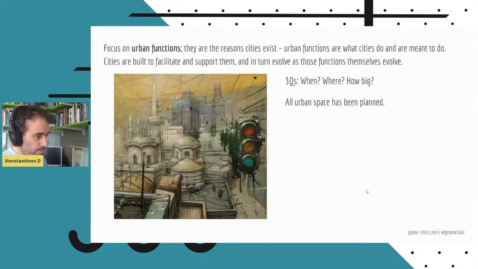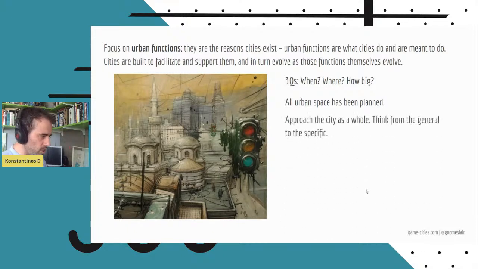And keep in mind that all urban space has been planned. Things are not random. Even when we describe the medieval city as an organic creation, in reality it was actually planned by rulers, by kings and dukes and bishops, and even by local people's captains and architects and everything. Everything that has been put into space has been put there for a reason, even if we cannot understand what exactly that reason is. You definitely have to approach the city as a whole and try to see the general picture first, and try to move from the general to the specific, from the broad stroke to the detail,